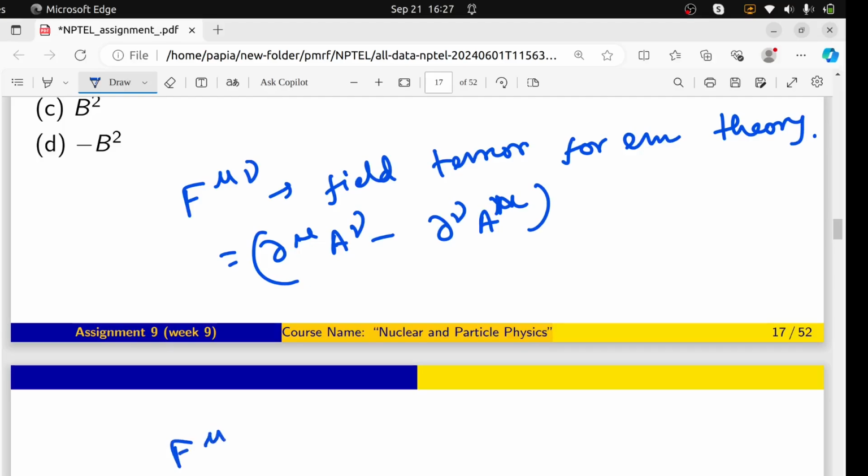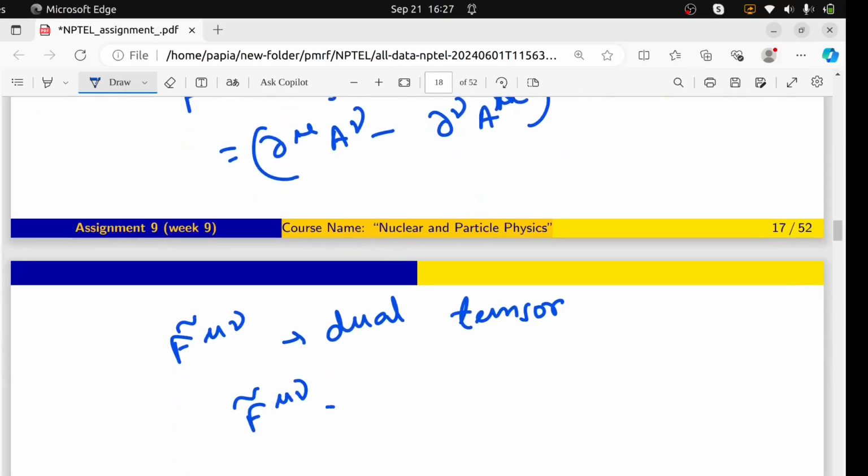Now what is this one? This one is the dual tensor, right? So what does this mean? Obviously there should be a relation between this one and this one. The relation is like